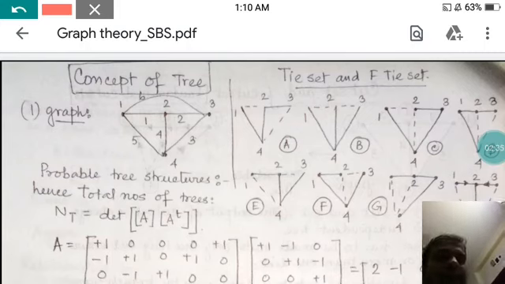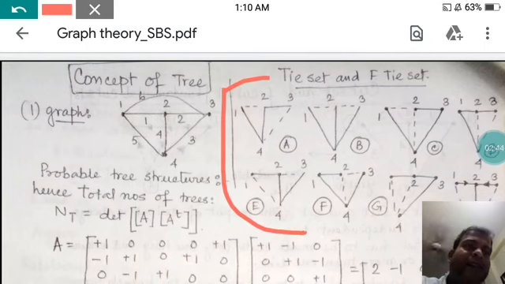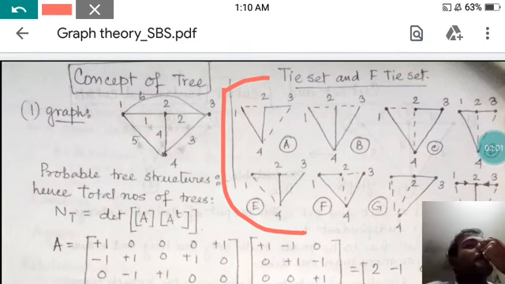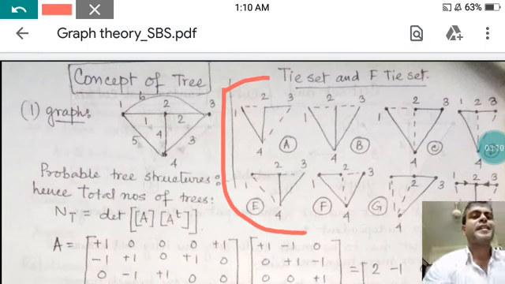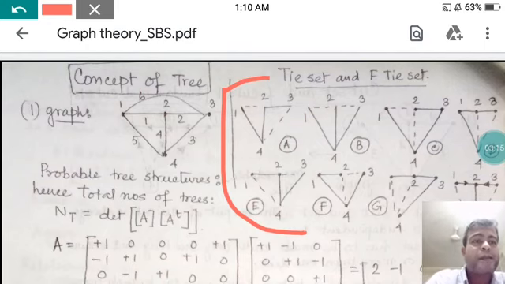Here I have already collected 8 probable trees that you can see, but the question arises: are there really only 8 trees? Is there something more? Actually, how many trees exist from a particular type of graph? Is this fixed or variable? Obviously it is variable, because the number of branches and nodes gives origin to that number of trees. Here in this graph we have a total of 8 trees, and maybe it may be much more than this.